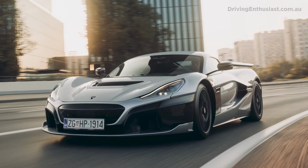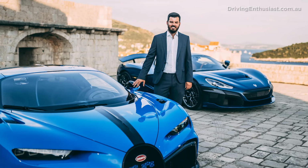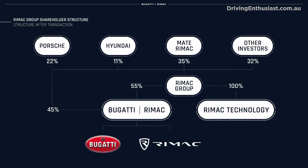And in number 1 spot is the Rimac Nevera. So this is basically an evolution of the original Concept 1. Then it's also called the Concept 2 now. But yeah, very impressive technology. As we know, Rimac is now merged with Bugatti. So some of the technology seen in this will probably be seen and probably already is being developed in future